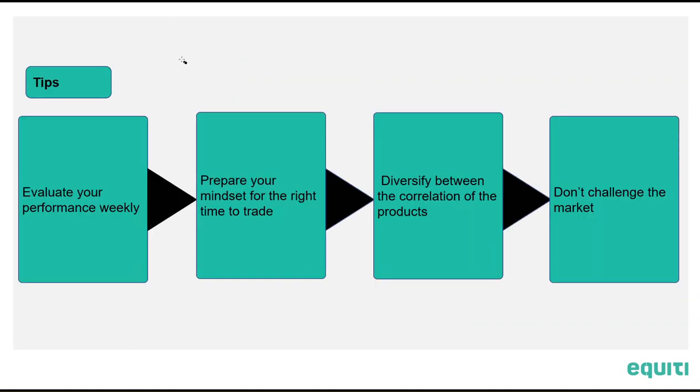So these are some final tips that I want to give you when you're calculating your risk and reward ratio. Evaluate your performance weekly if you're a new trader, and prepare your mindset for the right time to trade. Don't trade when you're super busy and you don't know what's going on in the market, and you don't even know what economic indicators are coming out or what the current market conditions are. If there are speeches, FOMC meetings, or retail sales data, all these things really affect the market. So you need to prepare your mindset for the right time to trade, and also diversify between the correlation of products, meaning